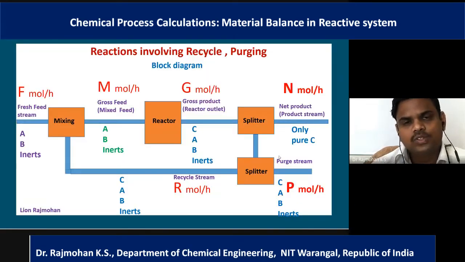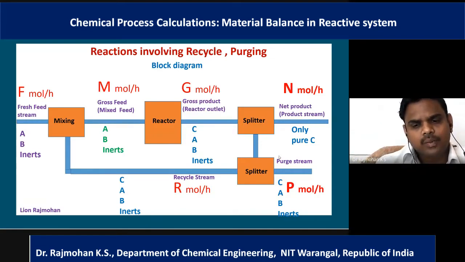Will you answer what happens to the overall conversion when a purging stream is there and when a purging stream is not there? For that, what we should think about is, when there is no purging stream, the overall input of A, the amount of A entering in the fresh feed, and the amount of A present in the net product. Because overall conversion is defined that way only, no? It depends upon the fresh feed and the net product. So the amount of A in net product and the amount of A in fresh feed are going to decide the